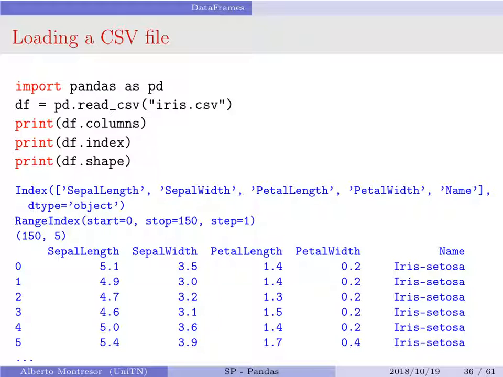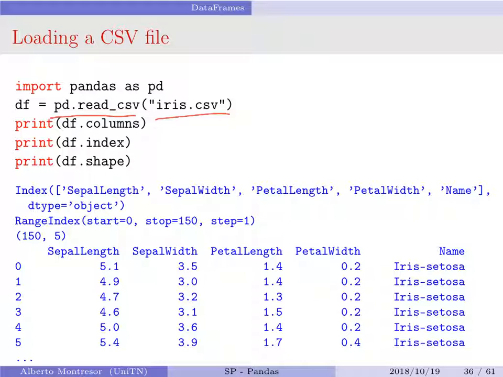The nice part here is that you don't really need to create your data frame by yourself. They are normally already included, or can be read from a file. If you have this iris.csv file, which you can download from the link in the previous slide, and you read it using pandas as an entire data frame, then you are happy because you get all the data and you also get the labels that are included with the data frame.